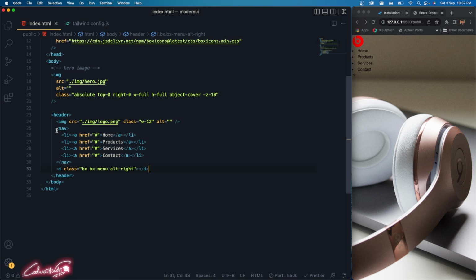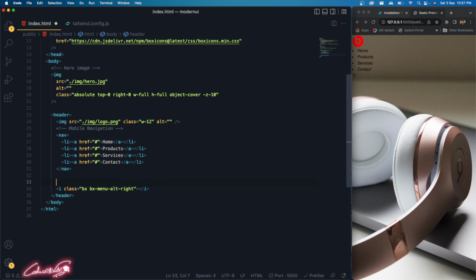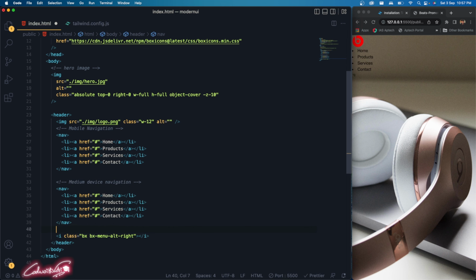Okay, so what I'm going to do is, instead of customizing the same navigation bar two times, I'm just going to copy it. This is going to be for our mobile navigation, and this is for medium device navigation. Right, I'm going to paste it one more time. Fine. Okay, now you can see the same menu two times, but I'm going to hide this